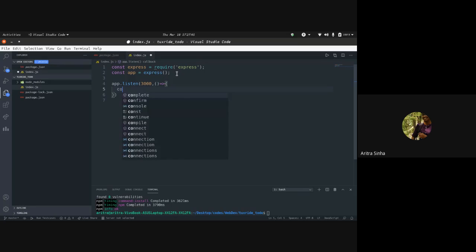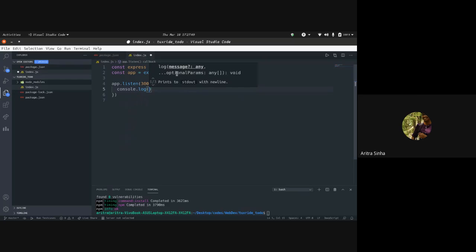We can also print a message on the console just to confirm that the server is running at this port, 3000. Okay, so this will do.